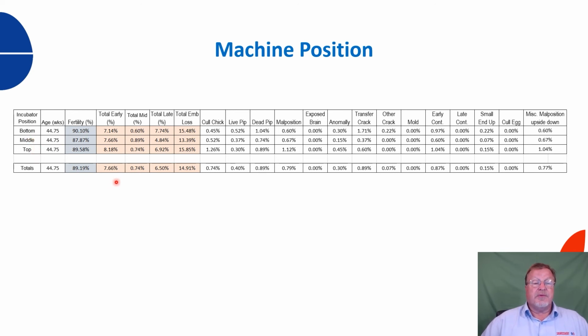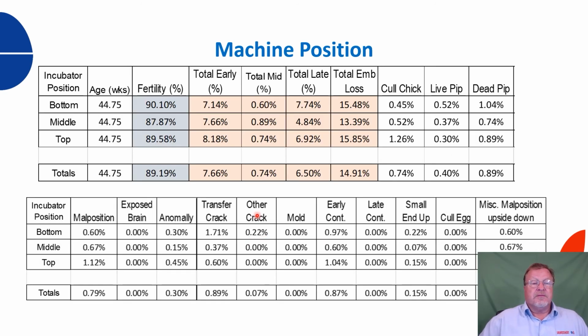This happens to be a multi-stage hatchery. If you've got single stage, you can do the same thing. You can actually even further break this up. Buggies, top, middle, and bottom of a buggy, next to the ECU, next to the wall. So we can really look at, especially if we suspect some problems with our machines and in the hatchery itself. So taking this data and looking at the machine position effect,